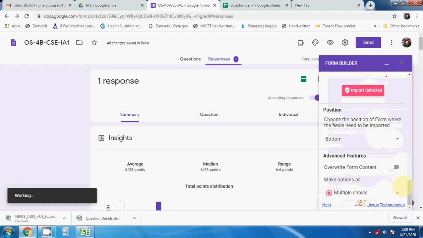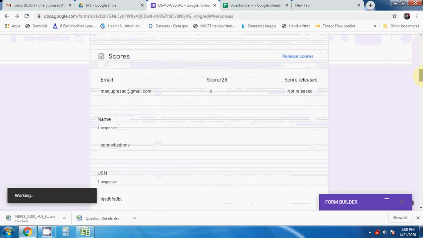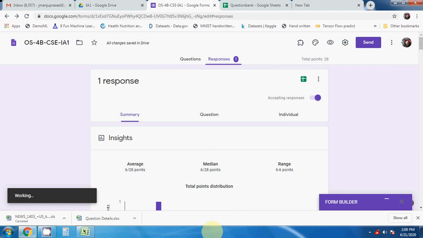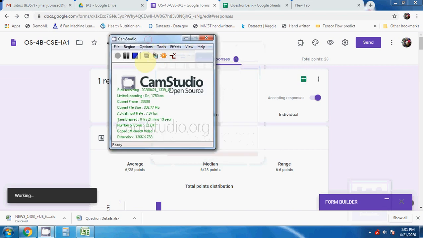You can do this import only 100 records per month. In the free version, you can import only 100 options. So use this option very precisely so that within 30, 50 or 60 imports you can finish your Google Forms. So this is all about how to import from Excel to Google Form and how to configure and work with it. I hope it is very useful for some faculty. Okay, now I'll be closing the session.